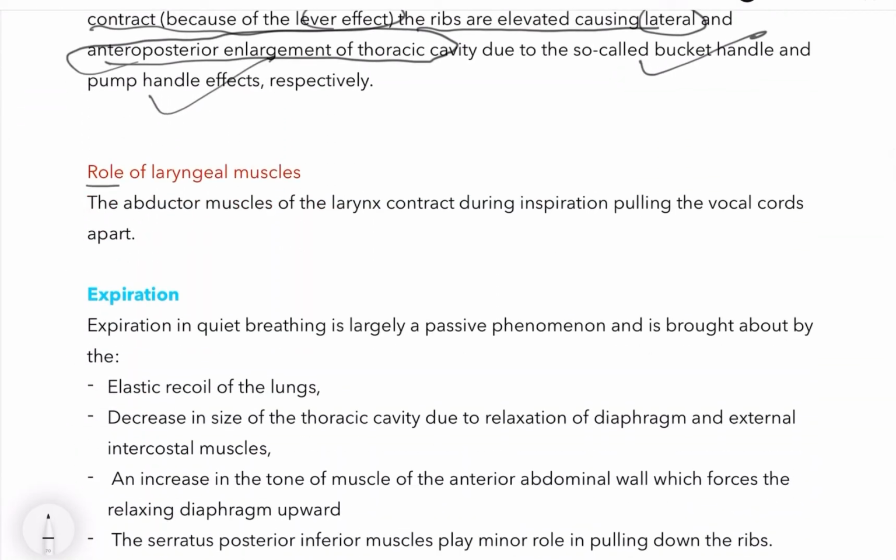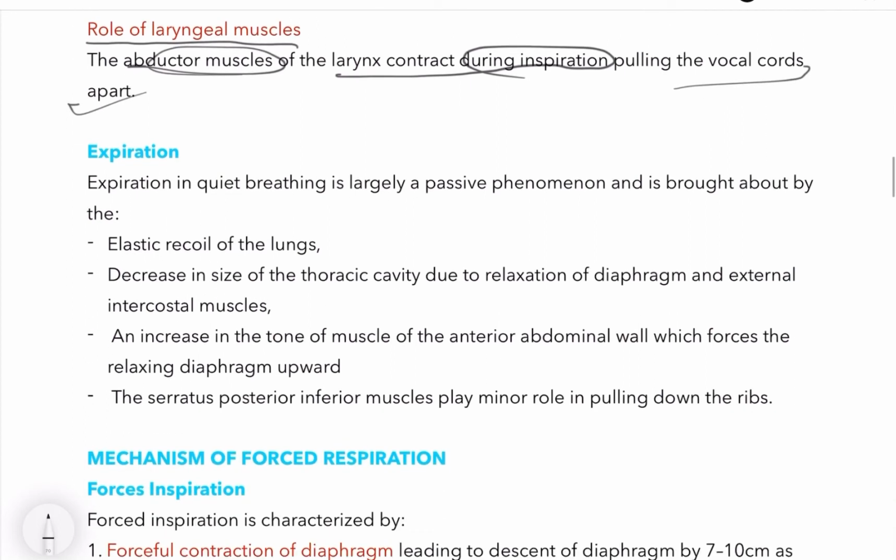Now role of laryngeal muscles. The abductor muscles of the larynx contract during inspiration, pulling the vocal cords apart. Now expiration. Expiration in quiet breathing, that is normal breathing, is largely a passive phenomenon because you don't need to make this much effort. So it is a passive phenomenon. It's brought about by the elastic recoil of the lungs,